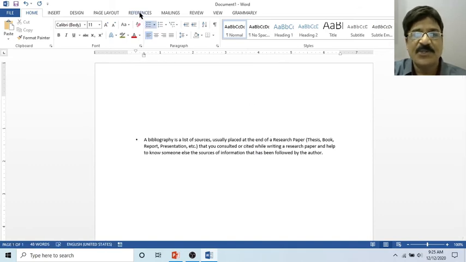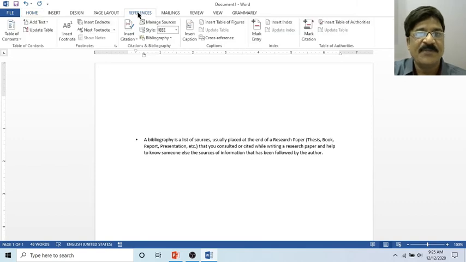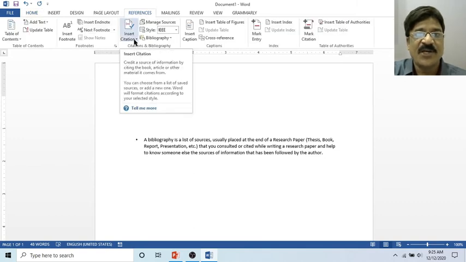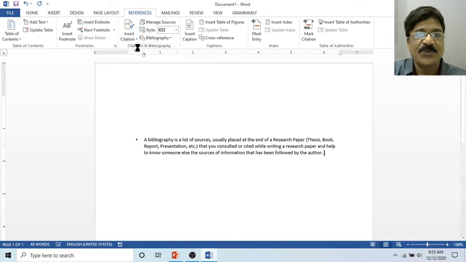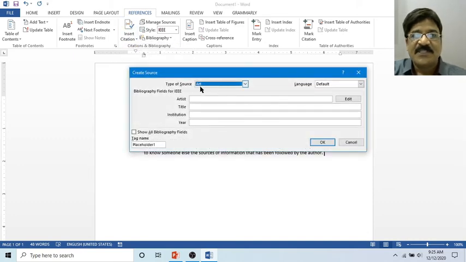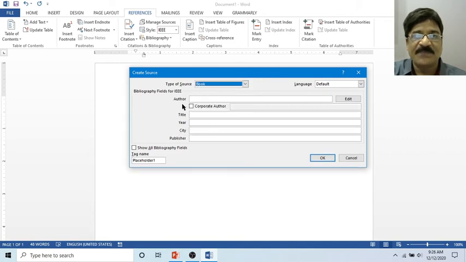I need to add the details of the source. Simply click on the References tab. Here we have Insert Citation. Simply click on this, then Add New Source. Specify the type of source. Observe that we have a total of 17 source types. Select any one of them based on the source from which you have copied the information.